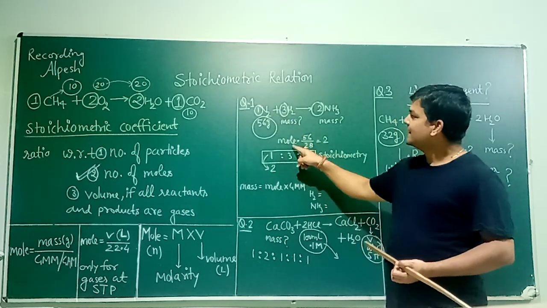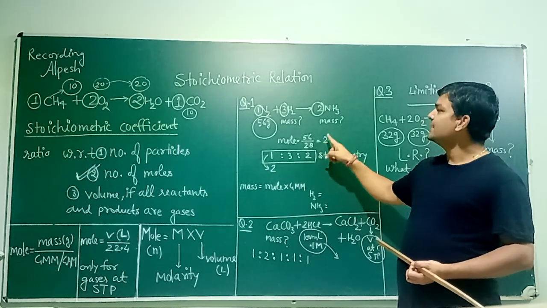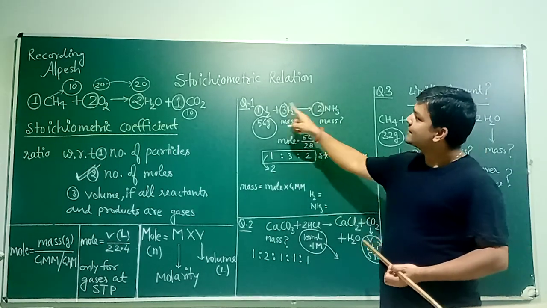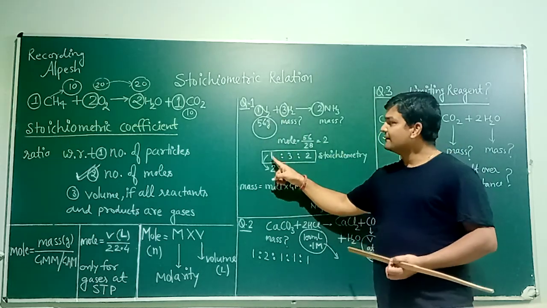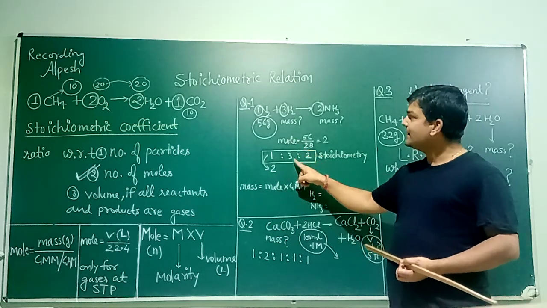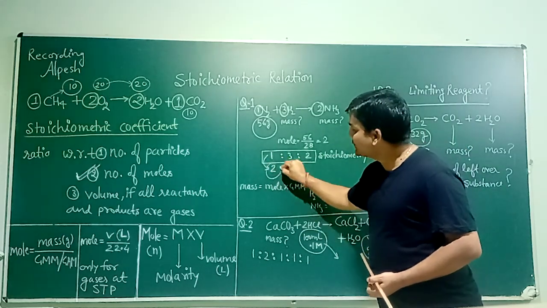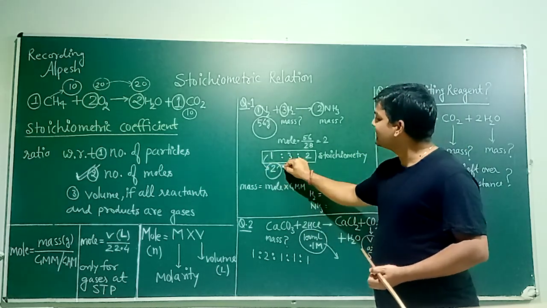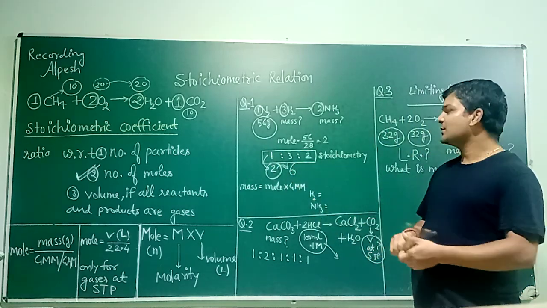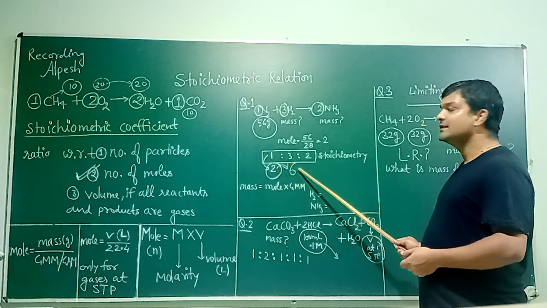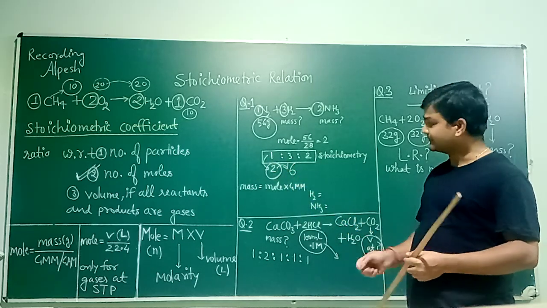I have already calculated the moles here for nitrogen. It is given mass divided by gram molecular mass of nitrogen, which equals 2. So in this question, moles of nitrogen is 2. Now the ratio says 1 mole of nitrogen reacts with 3 moles of hydrogen. The hydrogen required is 3 times. So if we have 2 moles of nitrogen, use simple mathematics, 1:3 means 2:6. So 2 moles of nitrogen require 6 moles of hydrogen. The ratio remains the same, 2:6, or 1:3.